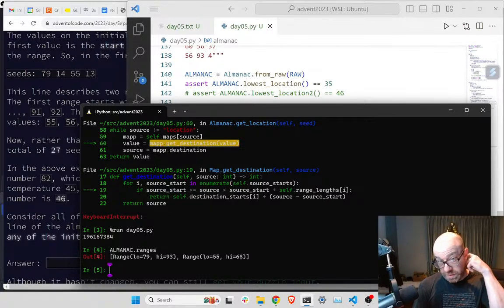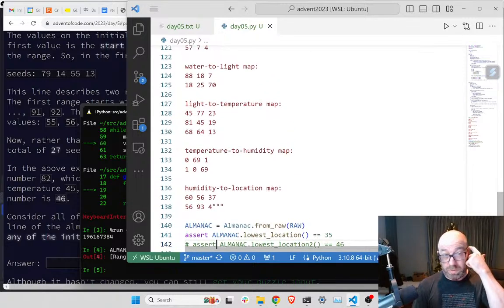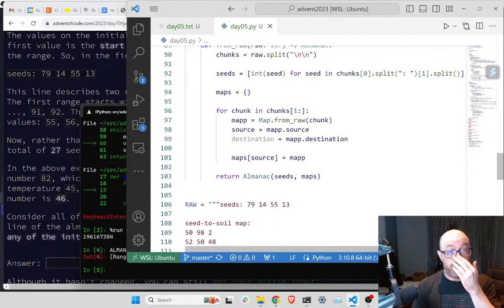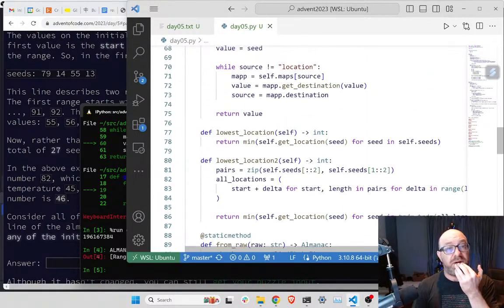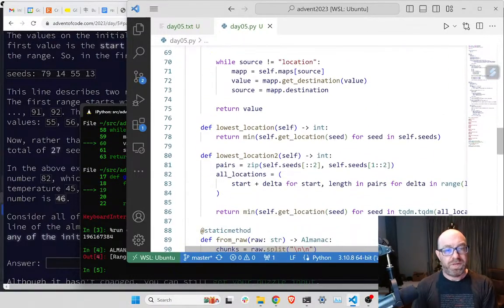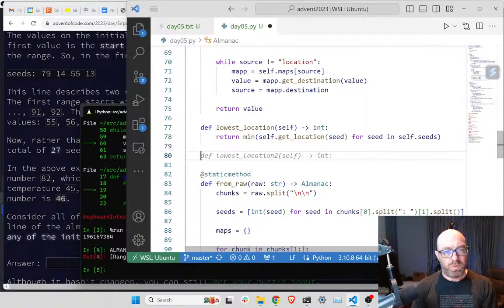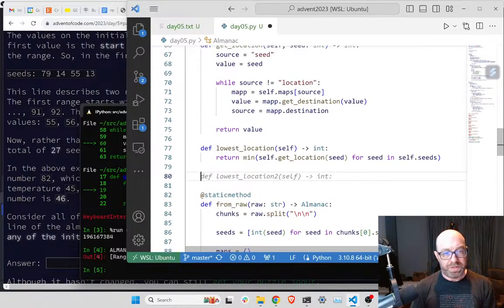So that seems to do the right thing. Okay, good. So now what I want to do is the following. Okay, so I don't need lowest location 2. So what I need to do is